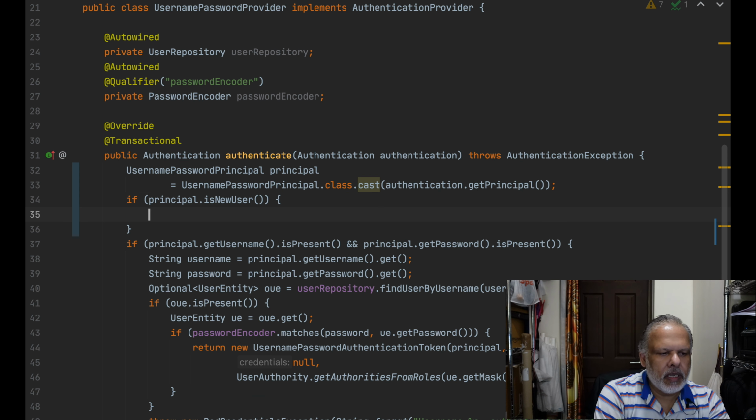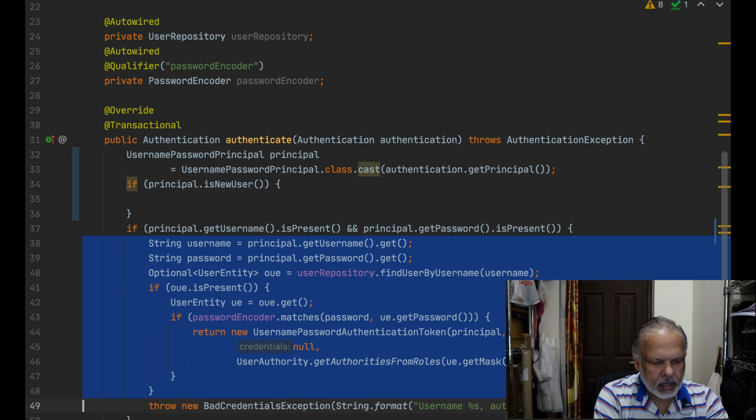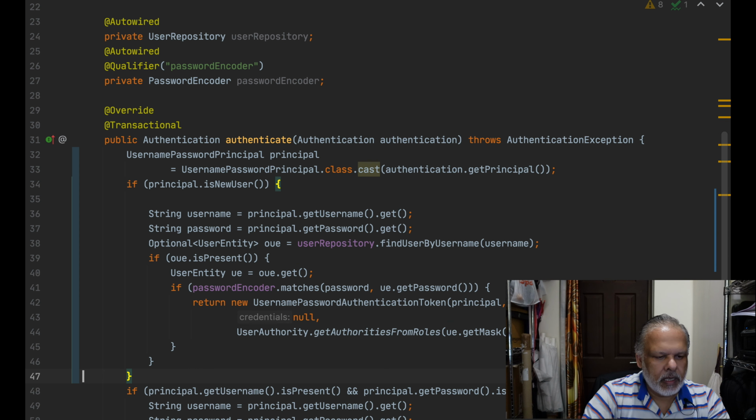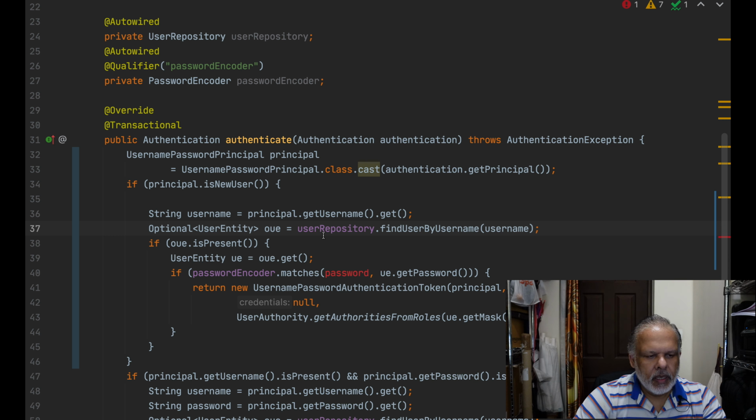If it is a new user, then we know that we have to do something else, and let's cut copy paste this thing for simplicity reason, and we will modify it to help us. So if you see here, if the principal is new user, then we get username, we won't get password. We find the user by username